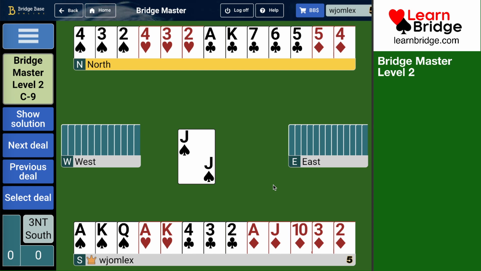Can we combine these in some way? It looks like we have enough timing to duck a round of clubs first. Which might not have been true if they had led a heart. But they play a spade. We could duck a round of clubs first. This lets us...